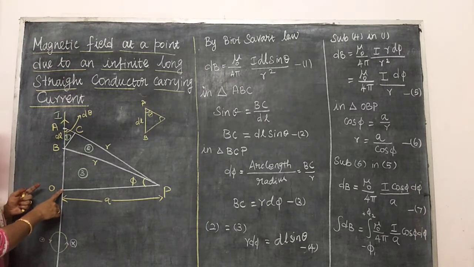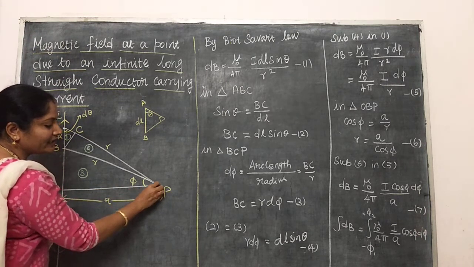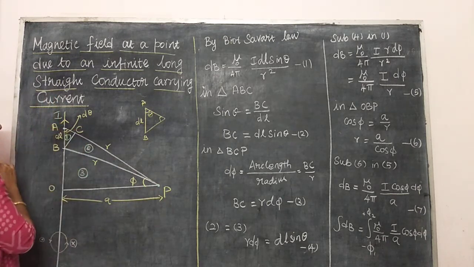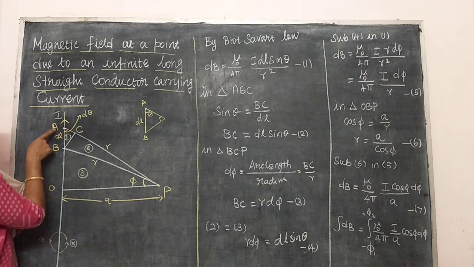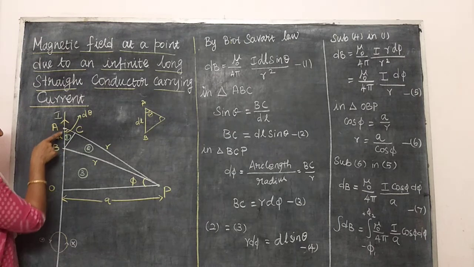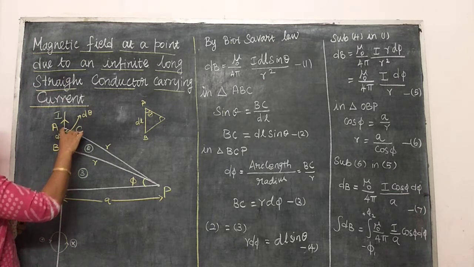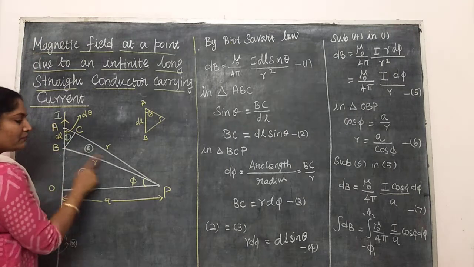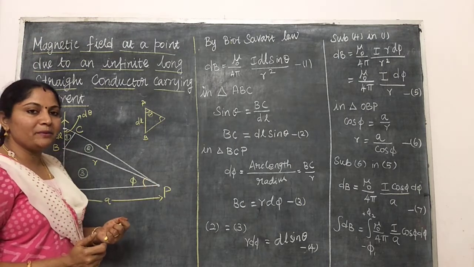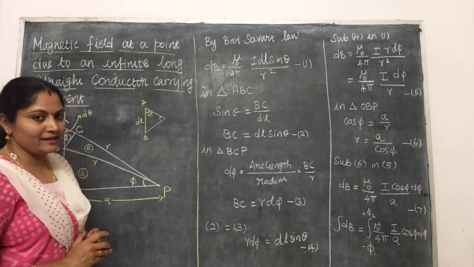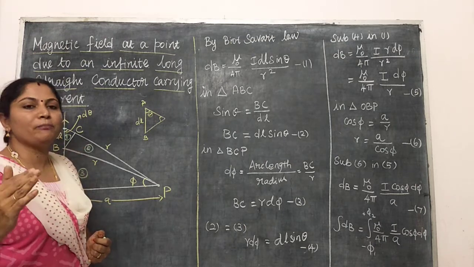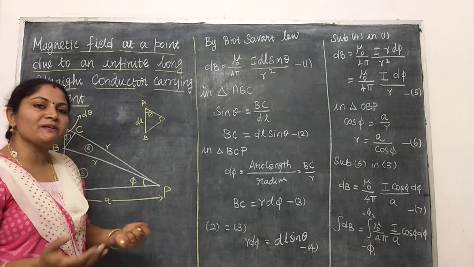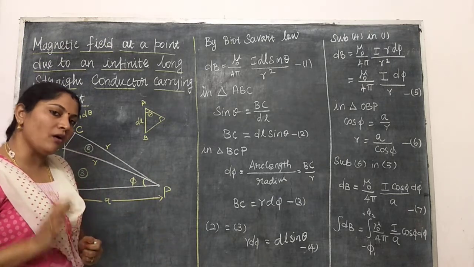Okay, so here we are going to calculate the magnetic field at a point P. Consider a small current element dl that is denoted by the letters AB. So AB is the small current element dl. The distance of the point P from dl is r. In the Biot-Savart law, we denote the distance or position vector by r. So in every special case we are going to denote that letter r only.